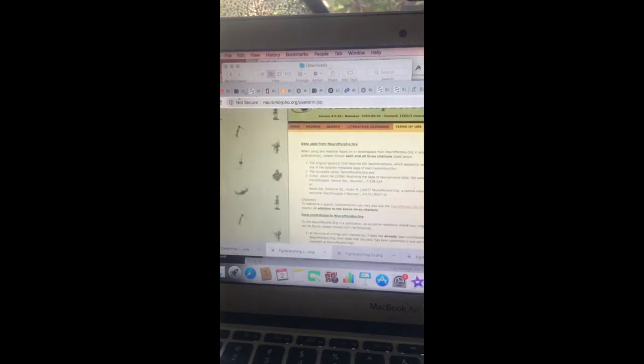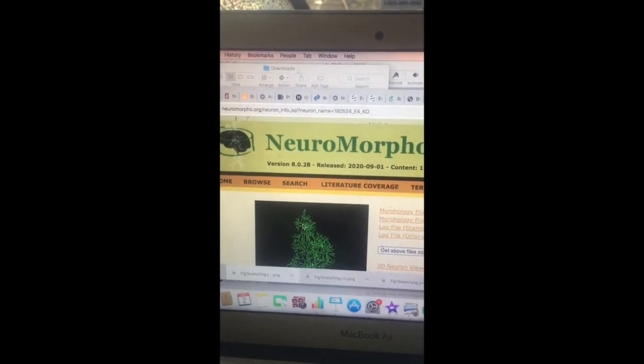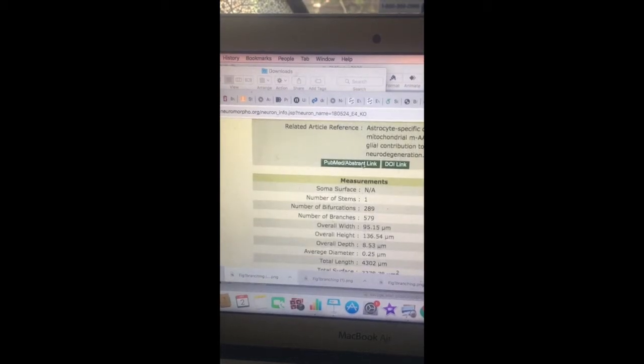But basically, they give you these terms of service. And so, if you use this data, which most of my, actually, I think all of my analysis is from this, you basically have to cite one of the papers that's associated with each individual neuron. So, if you look at the bottom, you can find that link over here.